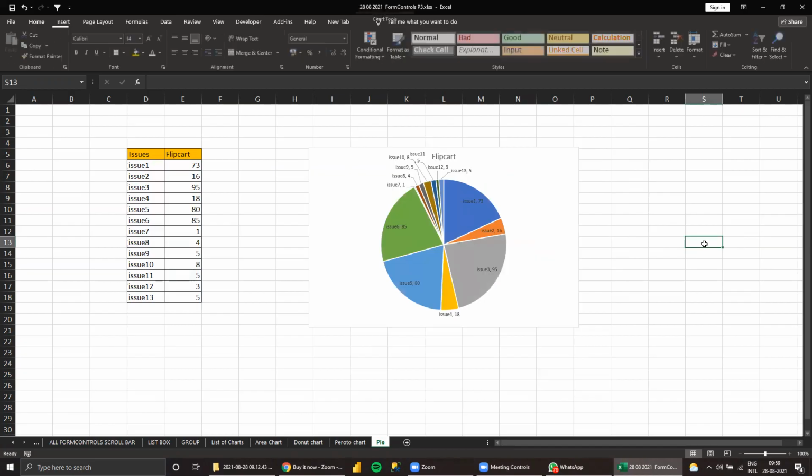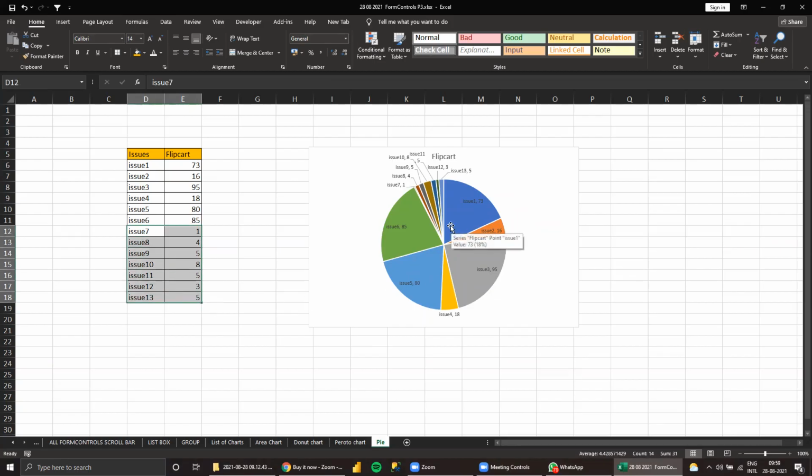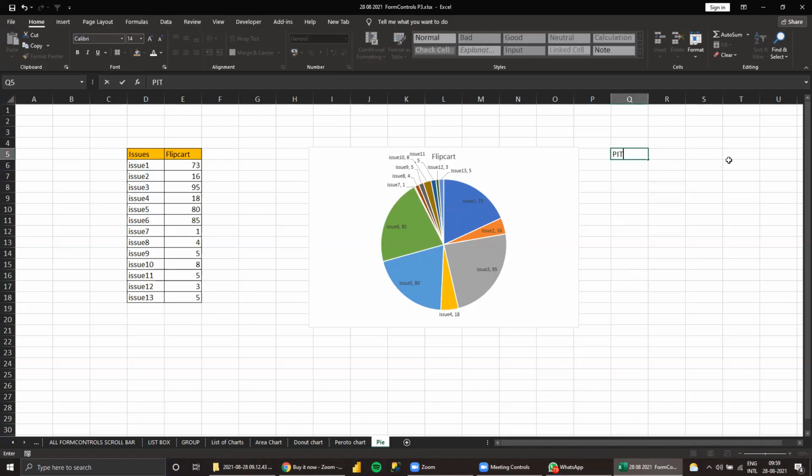Okay, this is a basic chart, we know this. Now what I'm trying to give here is an extra thing. See, small things are there. First of all we need to focus on the main thing, then focus on the small things. I don't want these small things in the main chart. So for this we have pie of pie and pie of bar.